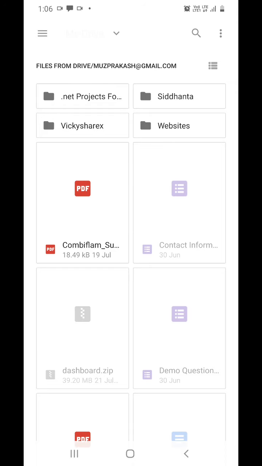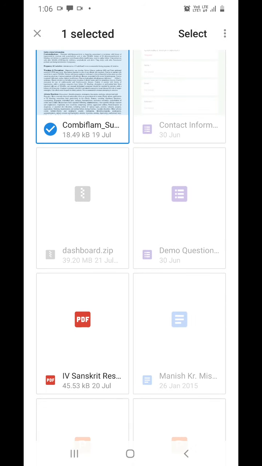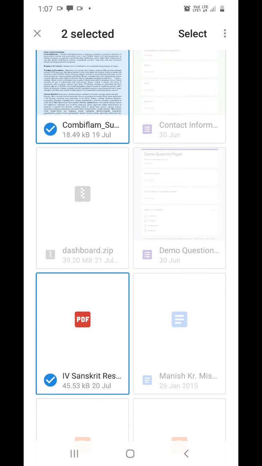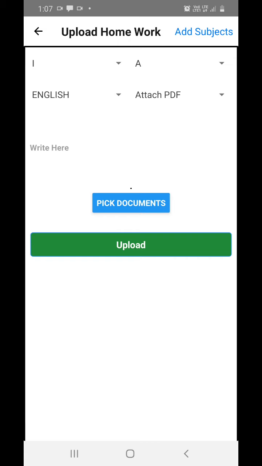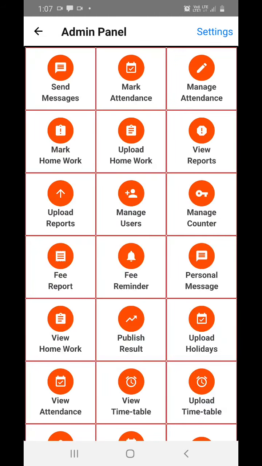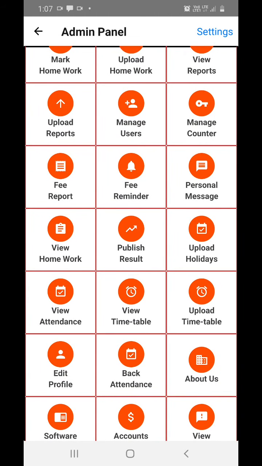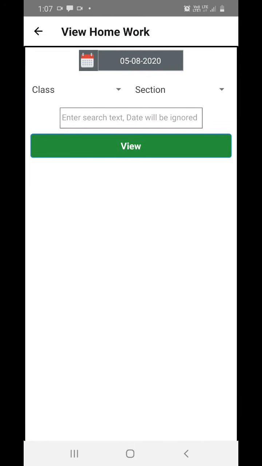Suppose this document I want, I will select them, and when I press upload, all the documents that I have chosen will be automatically uploaded for class 1A in subject English.